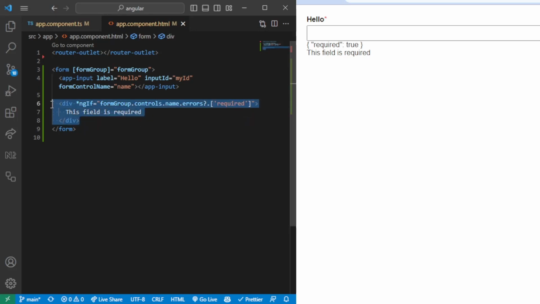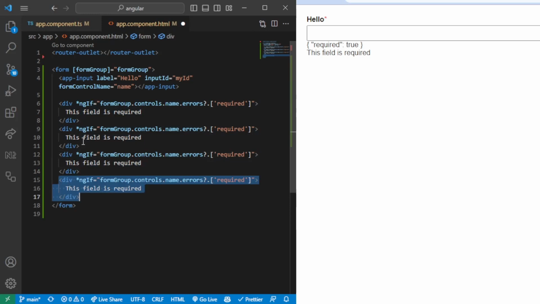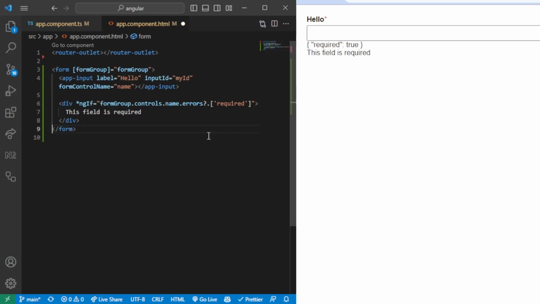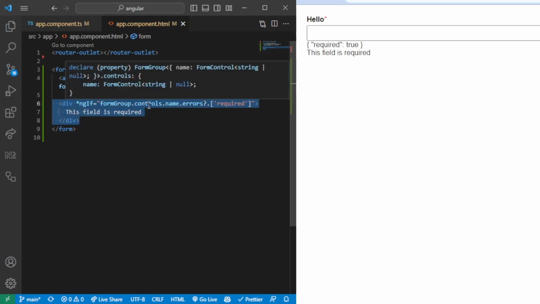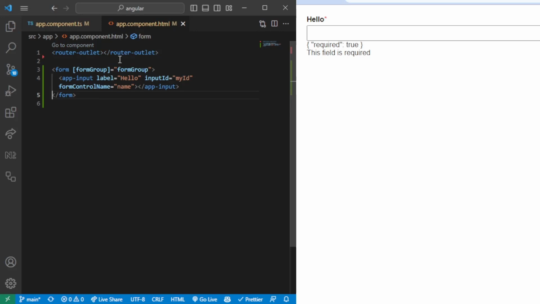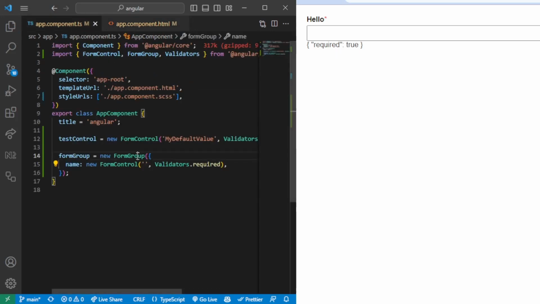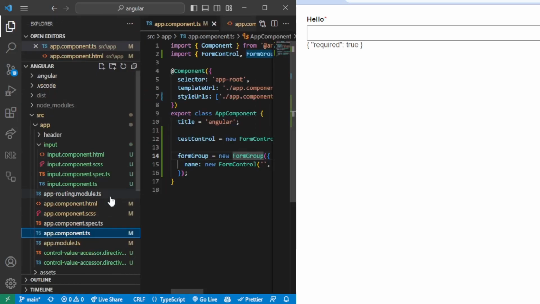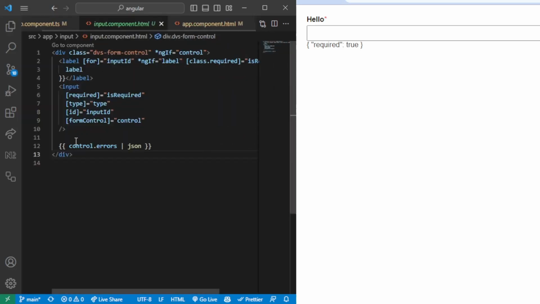I think this is a very cumbersome process to have to add at all places. So if you would have 10 different errors for this field, you would have to insert them in this way. I think this is not something you want to do if you're going to work with enterprise applications. This is going to clutter and take a lot of time, it will build up the components that you have. So an alternative way to do this is you can eventually just standardize it by creating a component that will just